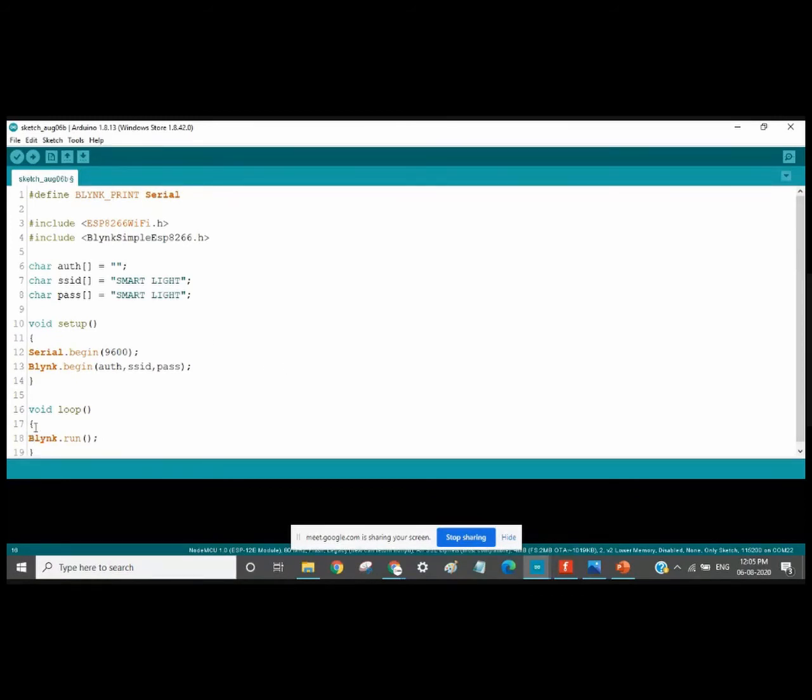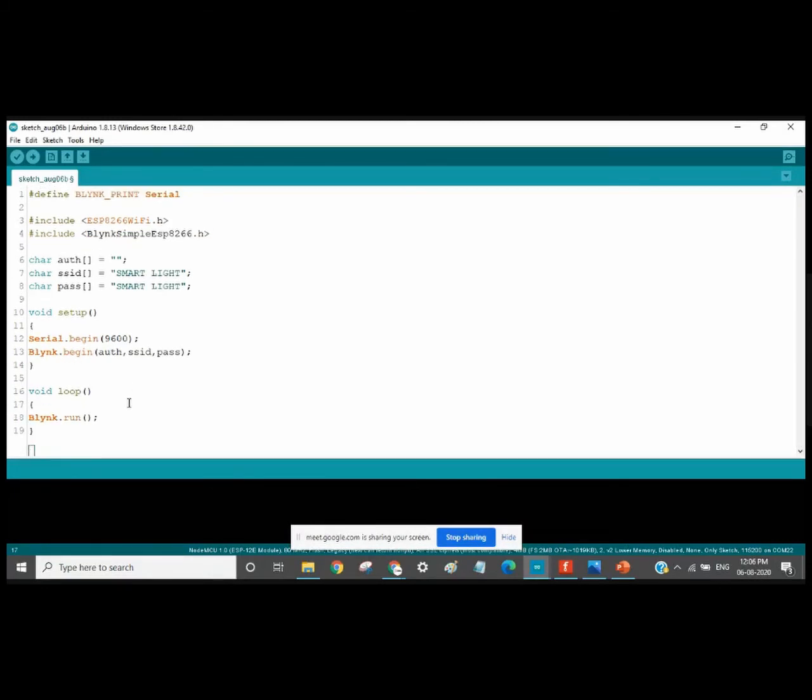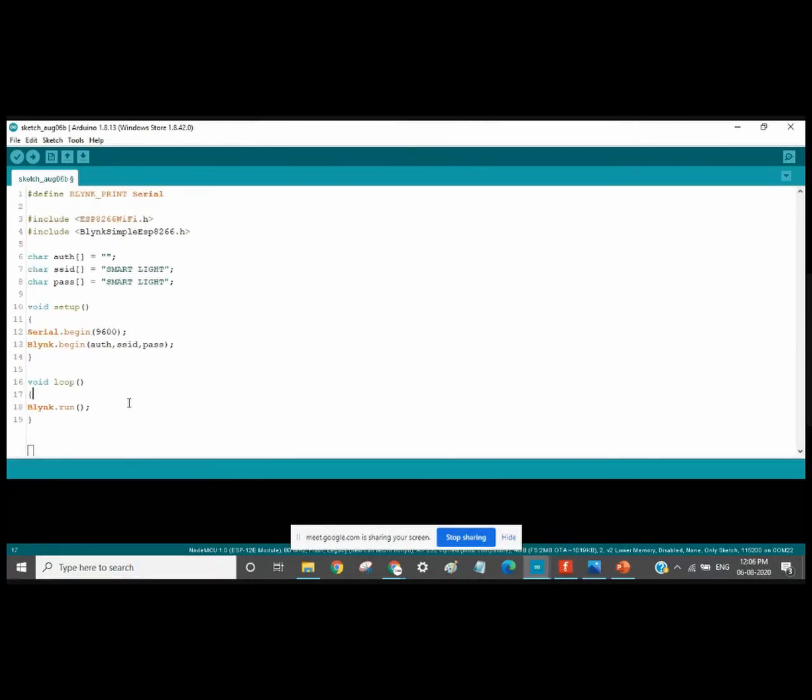Nothing else needs to be written here. The code is very small because we are using the Blink server library, and all the things that need to be done are already done in this function. This is the complete code for the remote server part. Now you can control your devices from anywhere in the world.